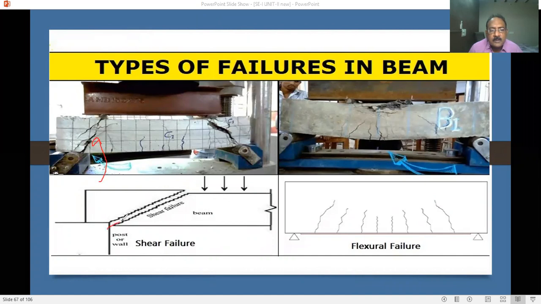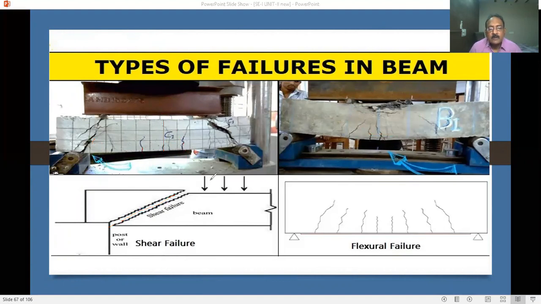There, this is shear failure. When load is applied to the beam, it fails in shear diagonally like this. As I said, in the middle you have only pure flexural failure due to bending moment, right? So this is purely due to bending moment. See here, bending moment. Okay, so these are the failures.